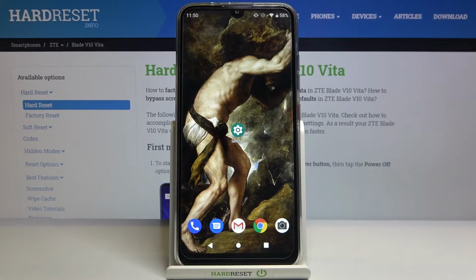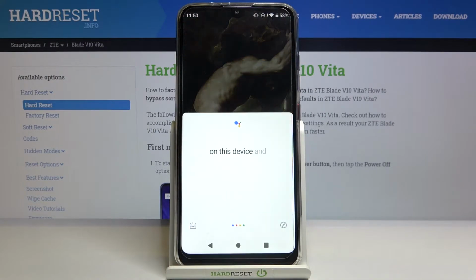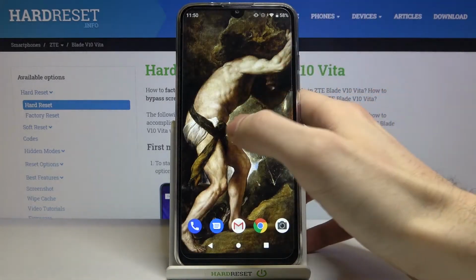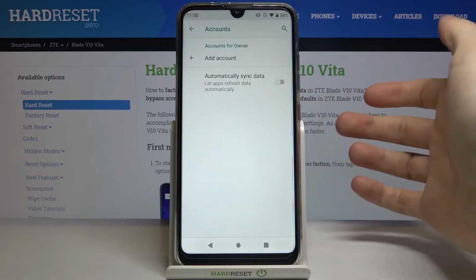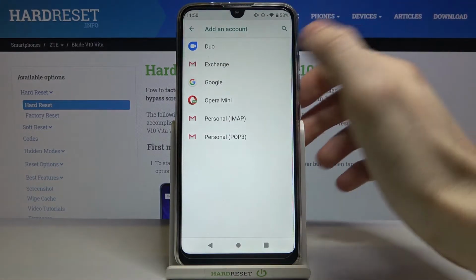Here I have ZTE Blade V10 Vita, and today I'm going to show you how to add Google account on this device and also how to remove it. Firstly, you have to open settings, and then you have to go to the account section, tap add account, then